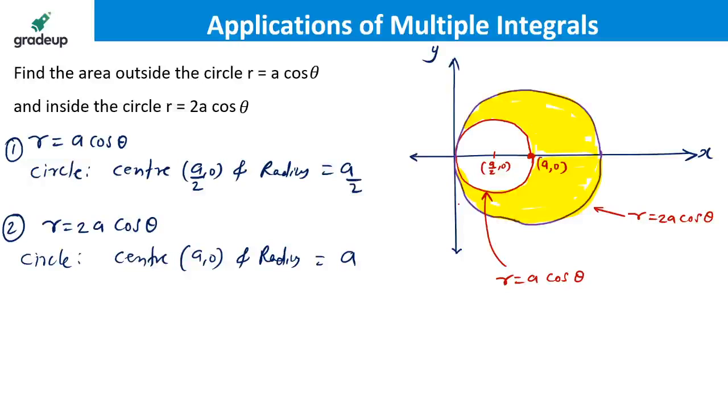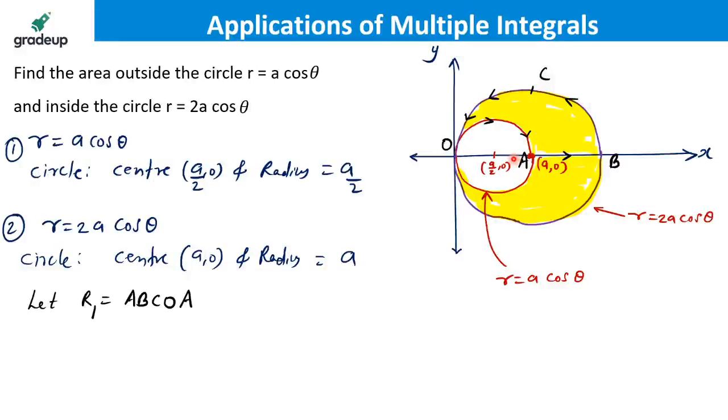What I am assuming here is that this is the point A, this is B, and let us say this is O. Let us give some name here, C. Let R1 be our region of integration: A, B, C, O, again back to A. So starting from A, B, C, O and A.